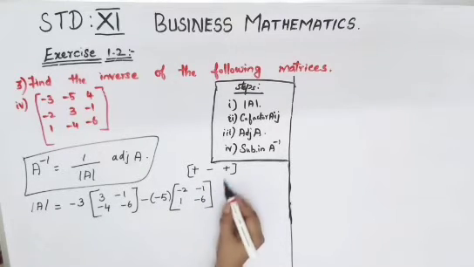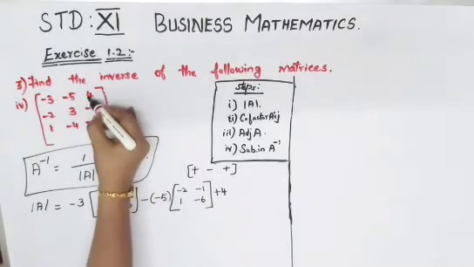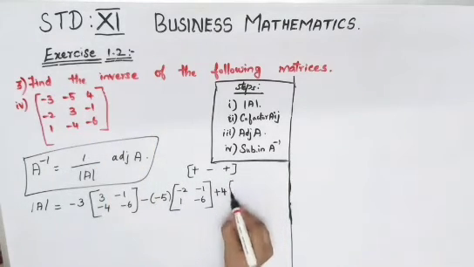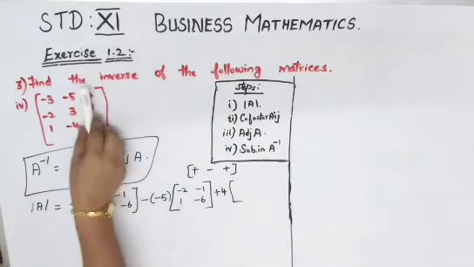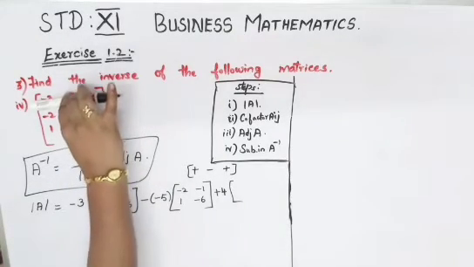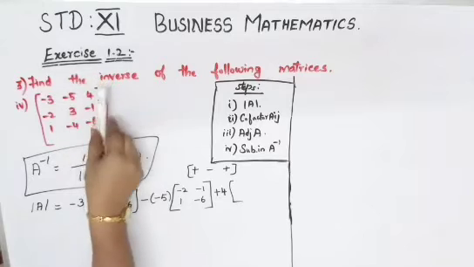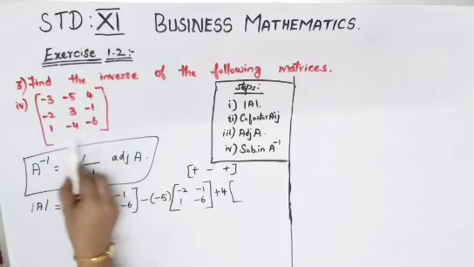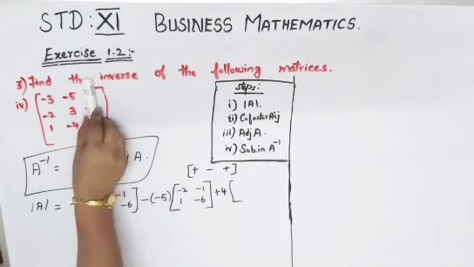Next one is this plus, you will have to write it here. Now 4. The last element 4 you will have to write it. Then open your bracket, the minor of 4. So the column and the row you will have to eliminate it. So this column will go. So these two columns will be there. So this and this will go.